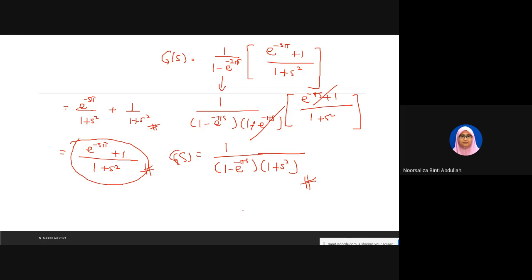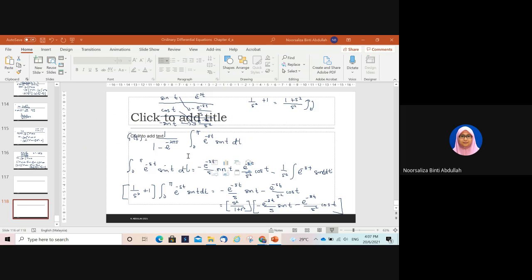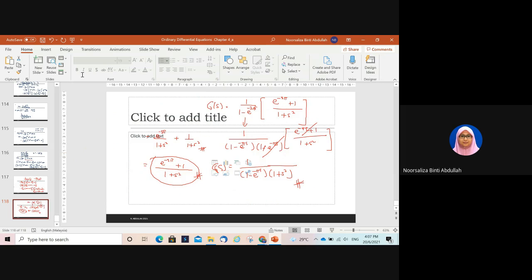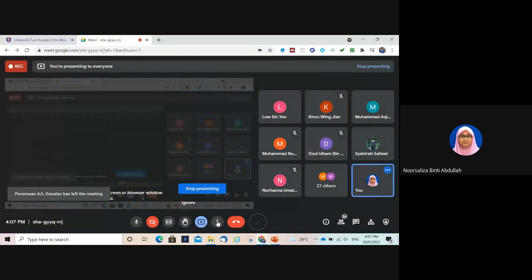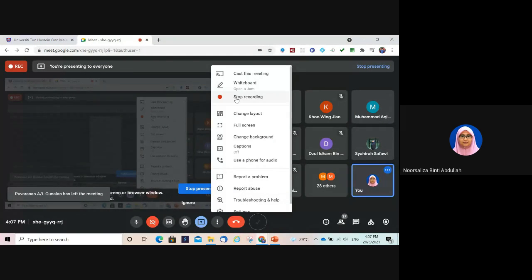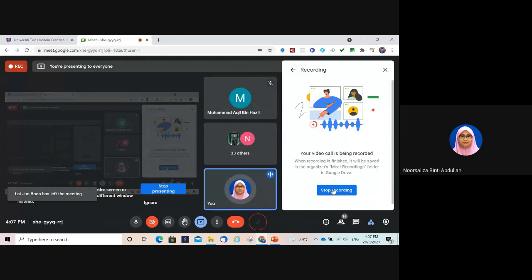Okay, ada soalan? Tak ada? Okay, so kalau tak ada, saya stop dekat sini. Okay, so kita jumpa hari Rabu. Okay, so hari Rabu kita buat tutorial. Okay, so make sure you submit soalan tutorial. Betul. Okay, so yang mana ada kelas dah boleh leave the class and then join